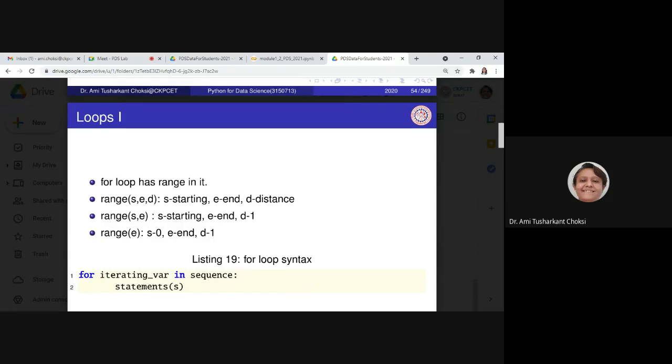That is, I is equal to 0. When we were saying that is the starting, so here we need to specify 0. For E, I is less than 5. So should we provide that 5? No, here if we provide 5, it means it will start with 0 and go till whatever the range is minus 1. So if I provide 5, it will consider 5 minus 1, so 4, right? The way we have I less than 5, the same thing will be there. So do not confuse less than 5 with less than or equal to 5. Okay, here it is the starting point.